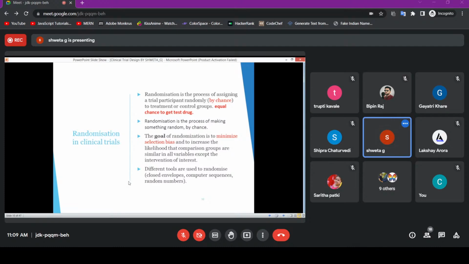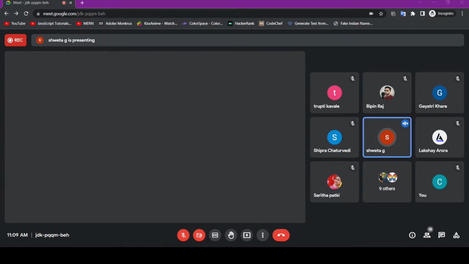So the main objective of randomization is to minimize selection bias. In non-randomization, the investigator can be biased toward people he knows when providing the treatments. So in randomization,